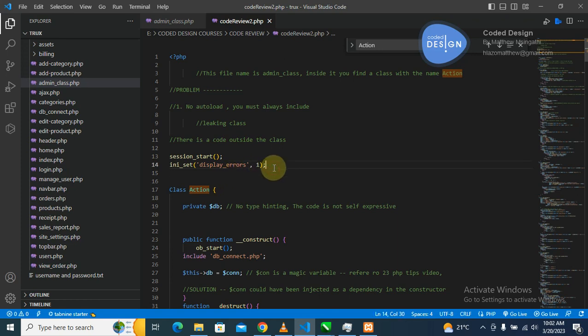I usually refer to code that is not inside a class, not inside a method, not a class property, as a street kid code,